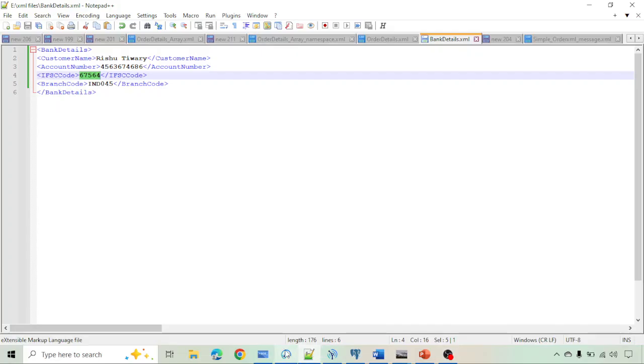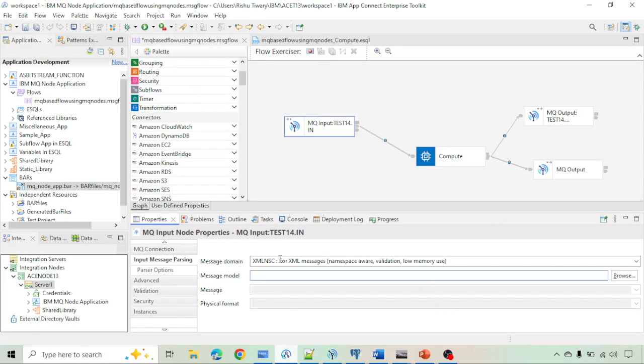Now let's understand the message model. If you see what is written here: leave blank to use the XML schema in a static library or application, or select a shared library or a message set. It is saying that when we use a static library or an application for creating the message model,